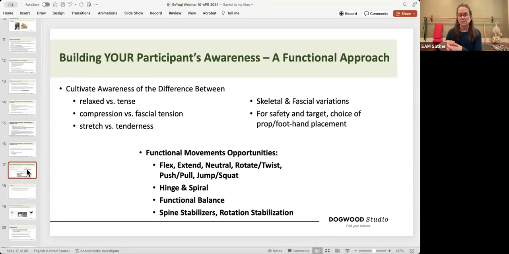do many things in a functional approach, like teaching the feeling of flexion. The belly button is shorter in the front versus hip hinging where the belly didn't change. Extension, what is neutral in this person's body? Let them find it. What does it mean? What are they using to rotate or twist? And can you invite something somewhere else, maybe a little deeper?